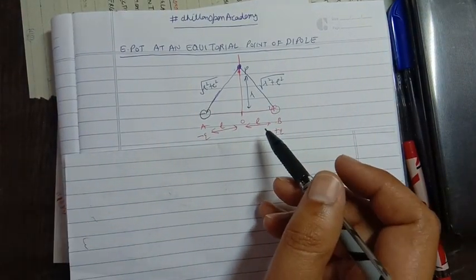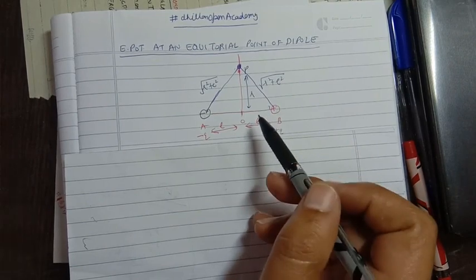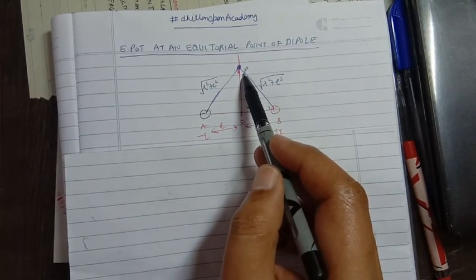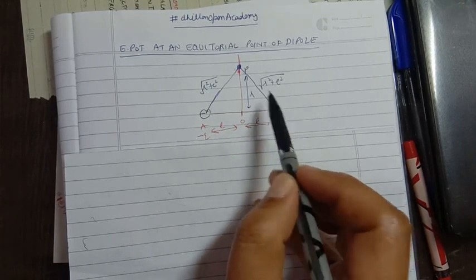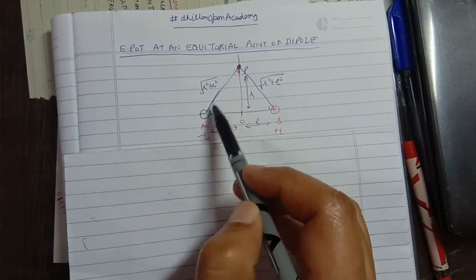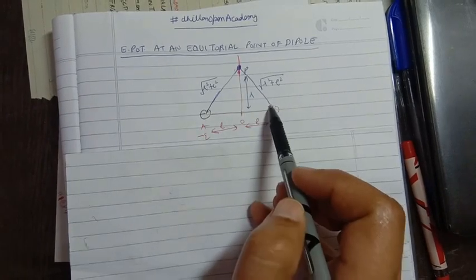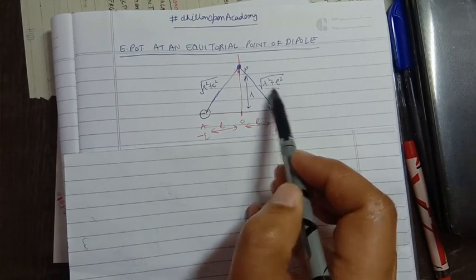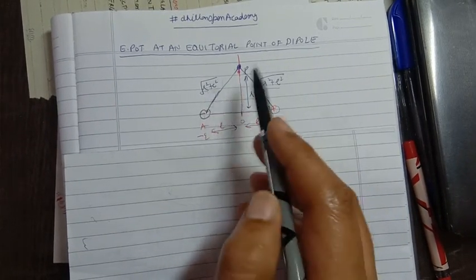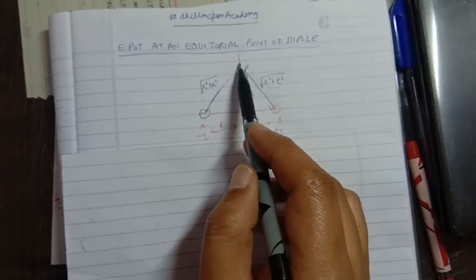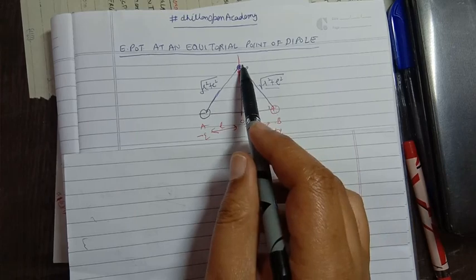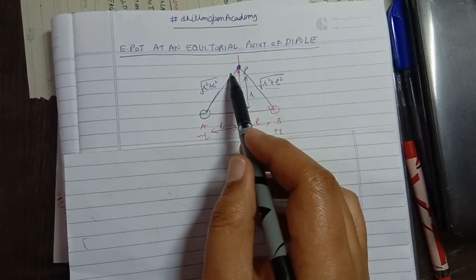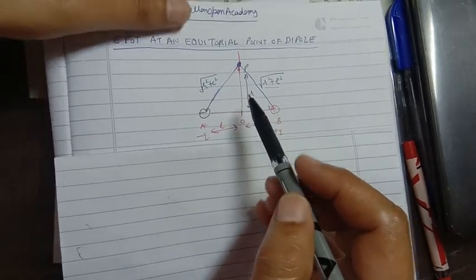Without solving, we can easily say that the electric potential at the point P will be equal to 0. Reason? Both charges are of the same magnitude and the distance of both charges from the observation point is also the same, the square root of r square plus L square. This means that the potential of both charges at the point P will also be the same in magnitude, but for the positive charge it will be positive and for the negative charge it will be negative. So if we add the two, the net potential should come out to be equal to 0.